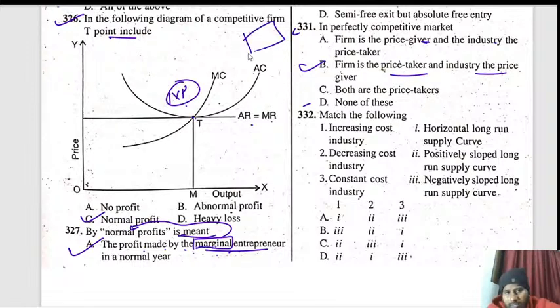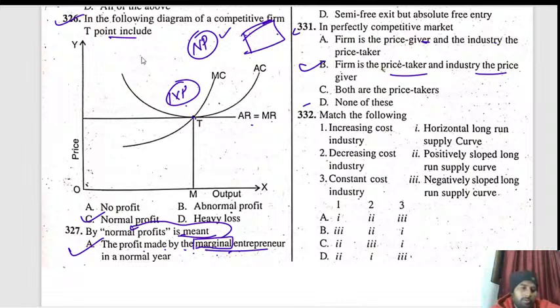Industry is price giver. Okay. Price taker means the prices are already known to everyone, because nobody is going to make supernormal profits, because everyone will be making normal profits only. Therefore,